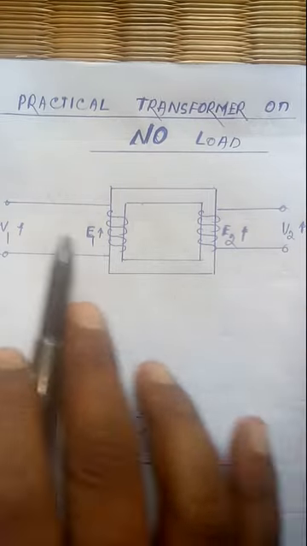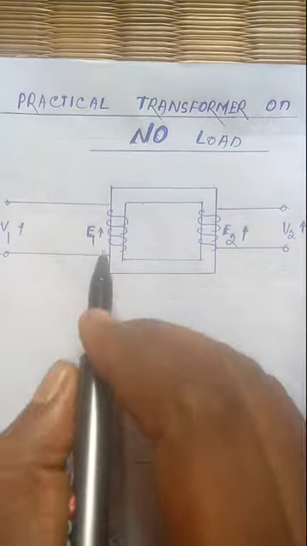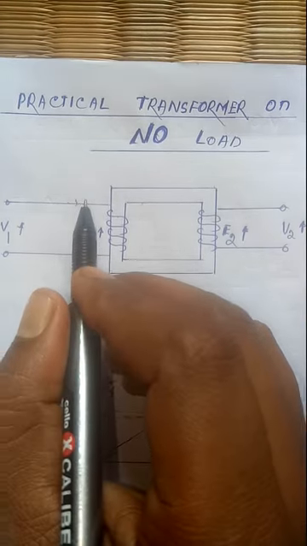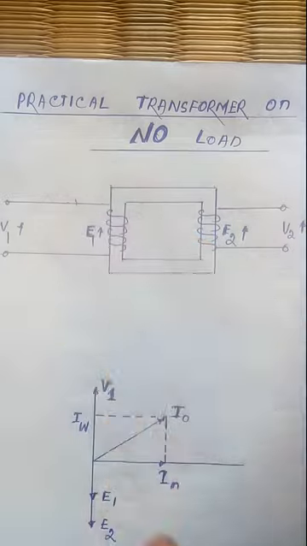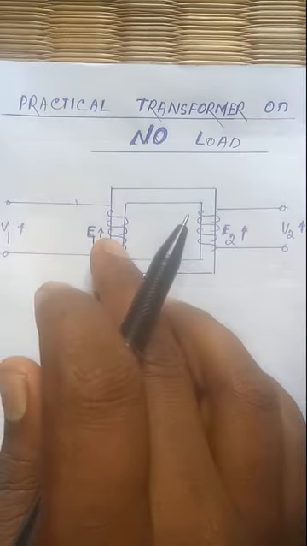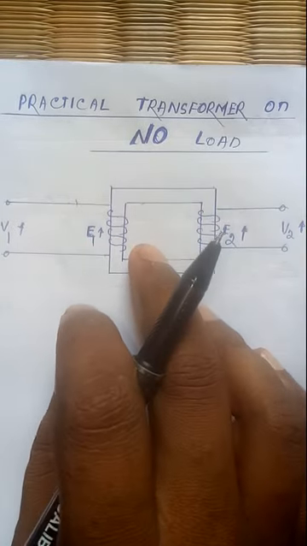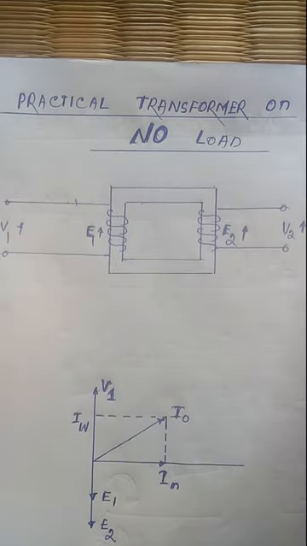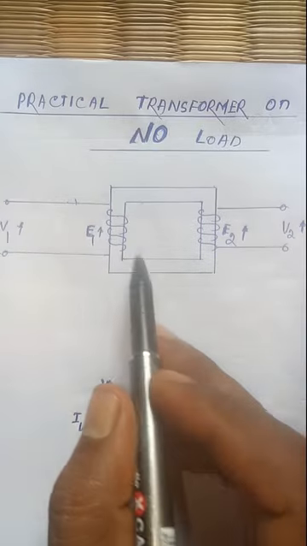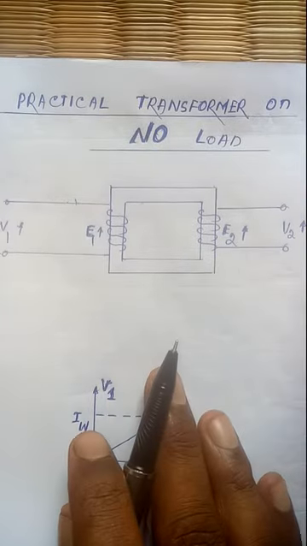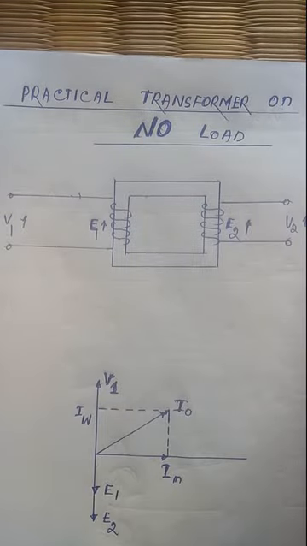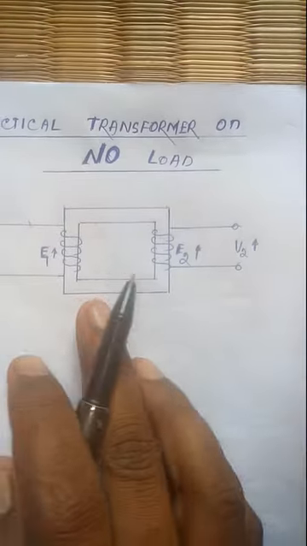As the winding possesses resistance, copper loss will occur, as well as leakage flux. That means the same flux will not link from primary to secondary. So under this condition, we will study the practical transformer on